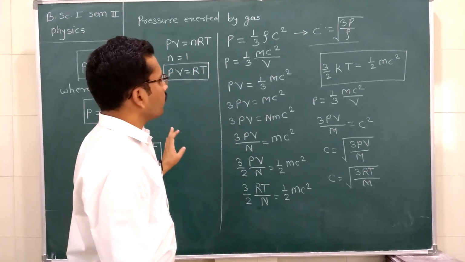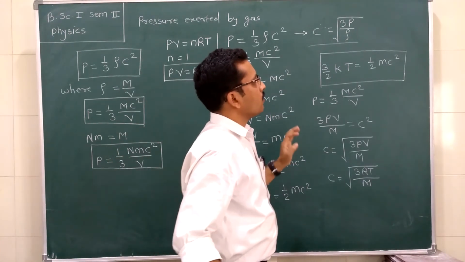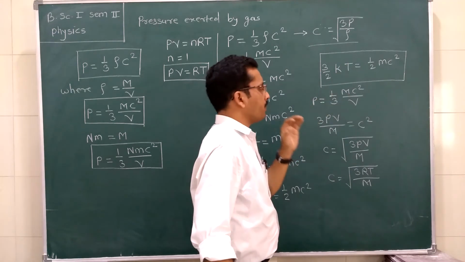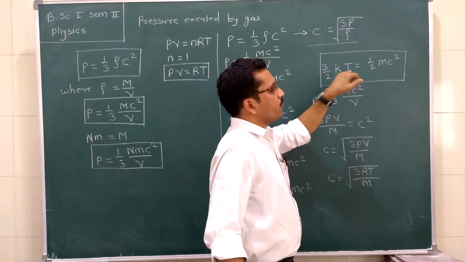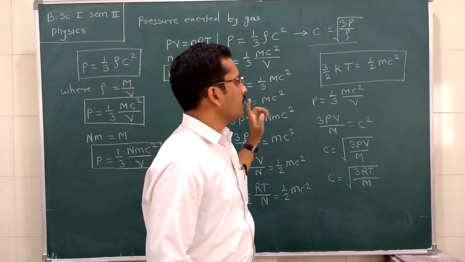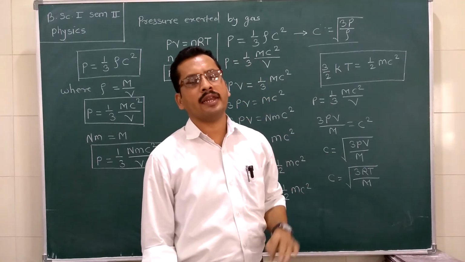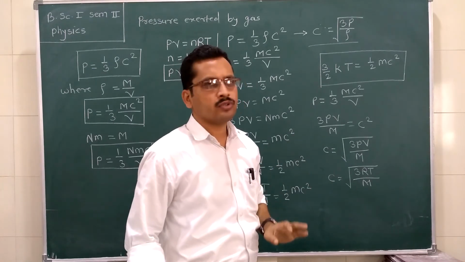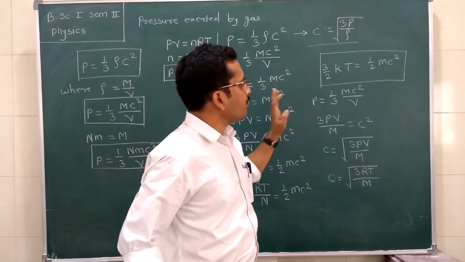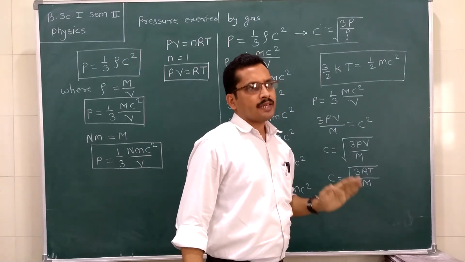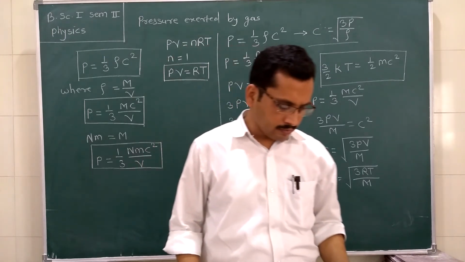Now we already found the relation between the kinetic energy of a gas molecule and the absolute temperature. It states that the kinetic energy is directly proportional to the absolute temperature of the gas. It means as the temperature increases, the average kinetic energy of the gas molecules also increases. In this way we can relate the absolute temperature of a gas and the kinetic energy of the gas. They are directly proportional to each other.